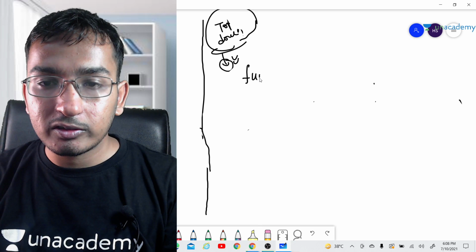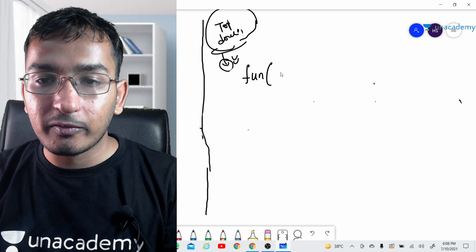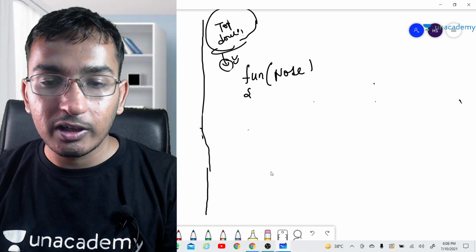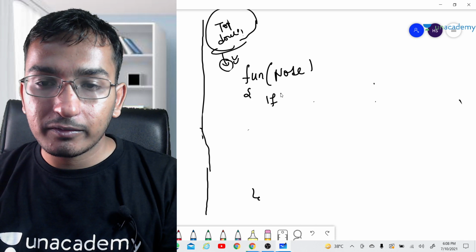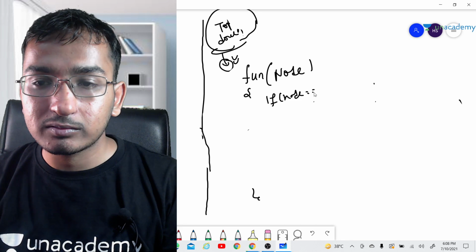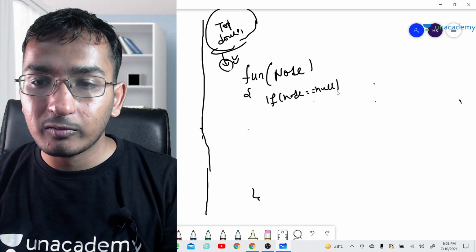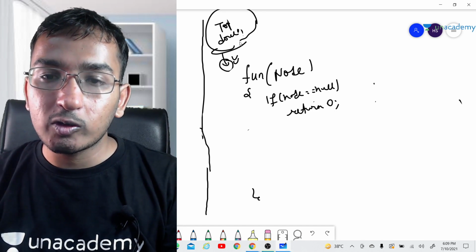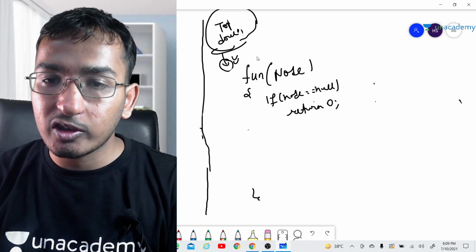Suppose I have a function, I am just writing pseudo code here, I will show you the full code as well. So this is our node. If node is equal to null, in that case what will be our answer? That will be return 0. There is no root, so the maximum path sum will be 0.